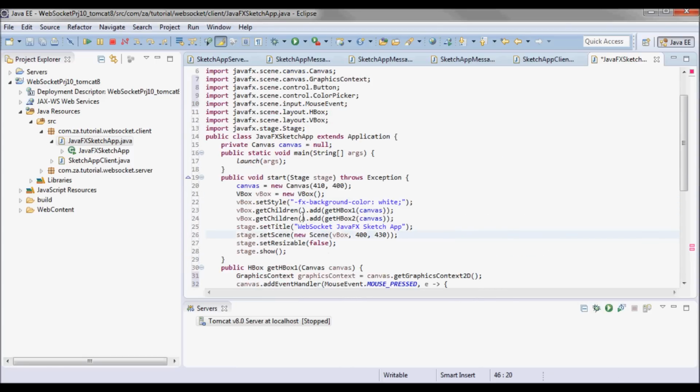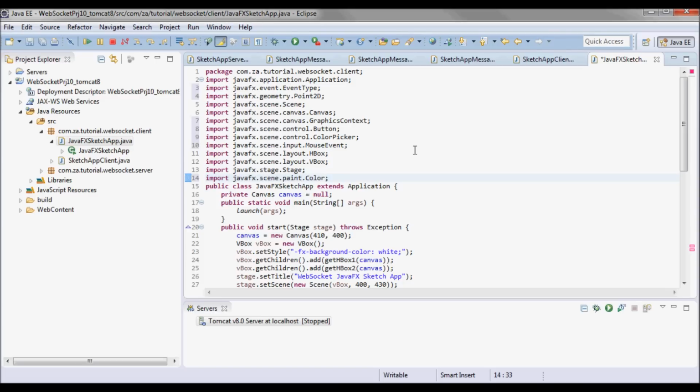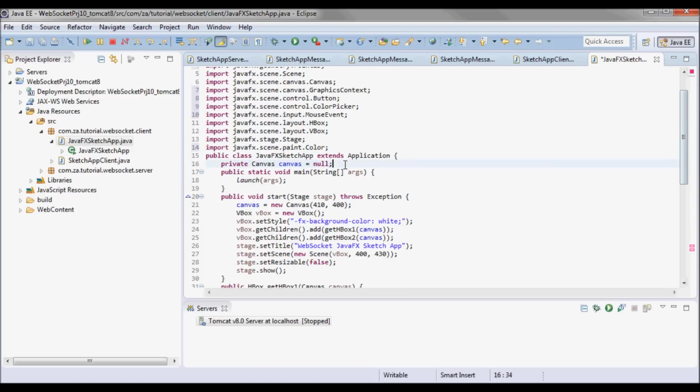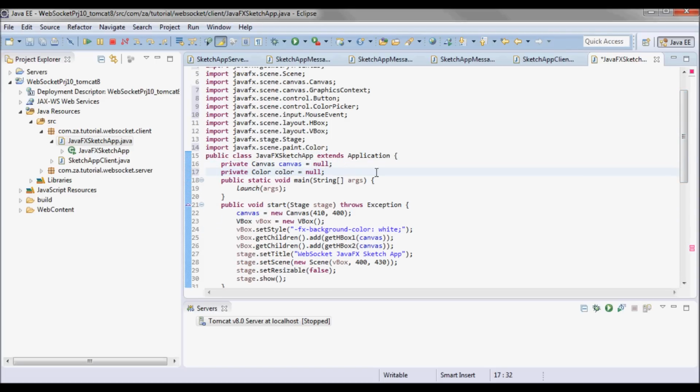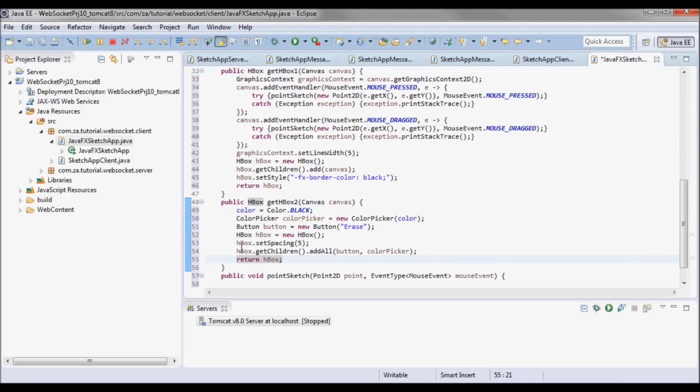And let's define the color over here. So I'll instantiate an HBox and set the spacing in it, and then add the button and the color picker to that HBox and return it.